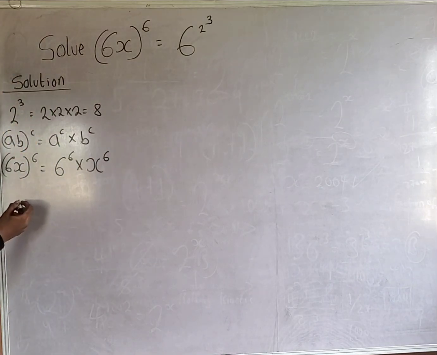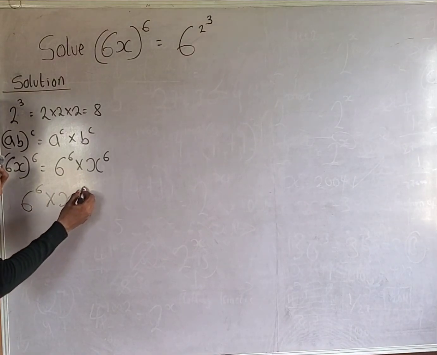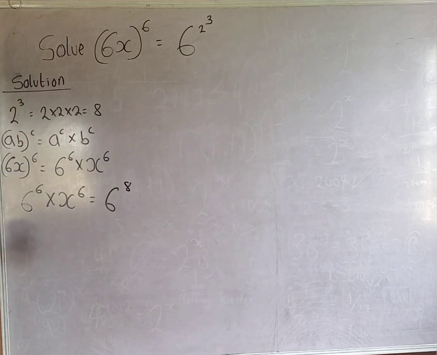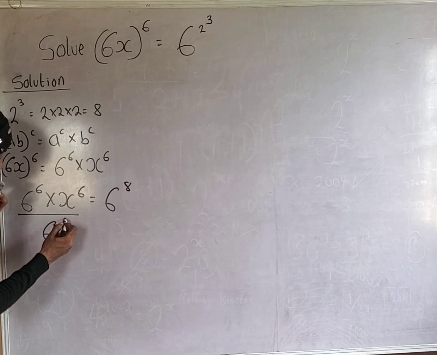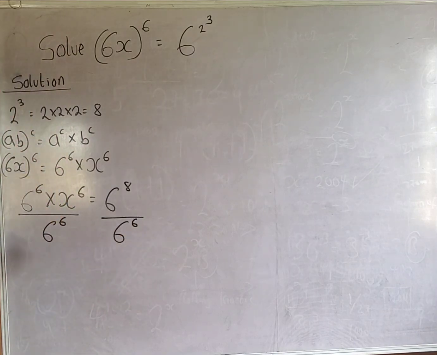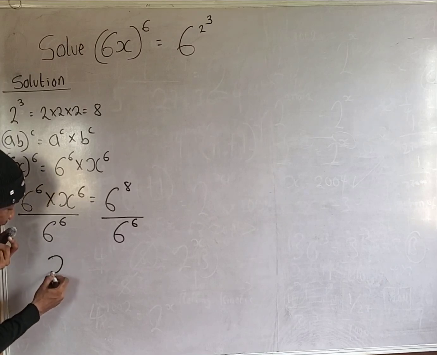So the equation becomes 6 raised to the power of 6 multiplied by x raised to the power of 6 equals 6 raised to the power of 8. Are you paying attention? The next step is that I'm going to divide both sides by 6 raised to the power of 6. Are you following? So on the left-hand side, we are left with x raised to the power of 6 equals